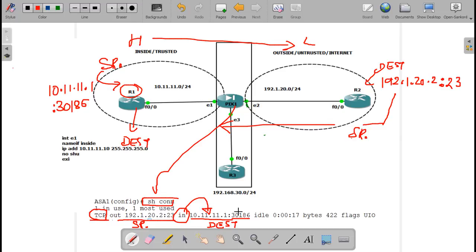So 10.1.1.1 is present on the inside, and 192.1.20.2 is present on the outside. Because of this entry in the connection table, the firewall allows a packet coming from a low security level towards a high security level interface. If this connection entry is not there, it's not possible to send a packet from a low security level to a high security level interface.